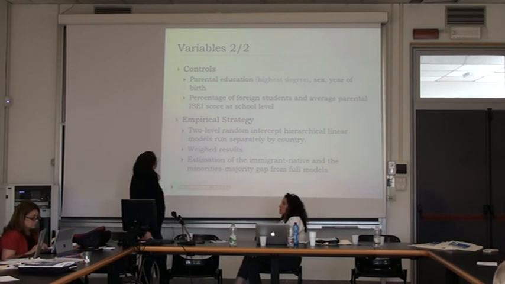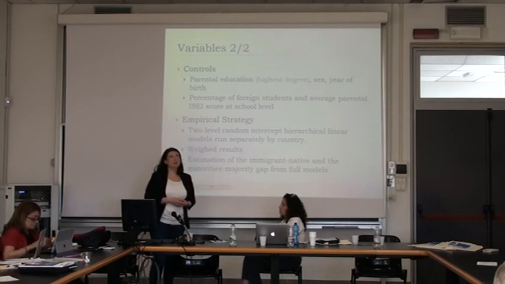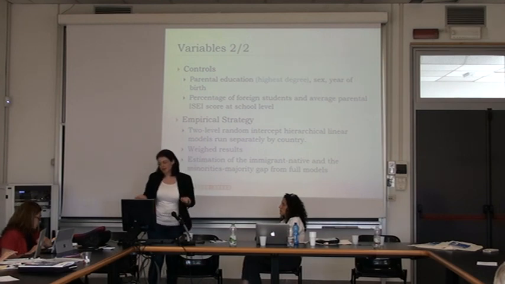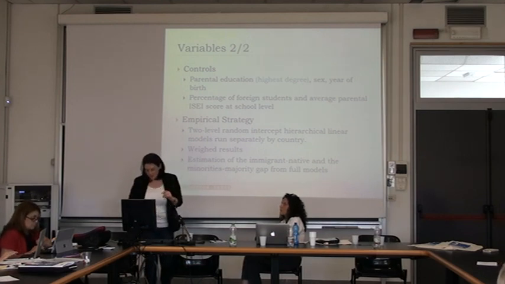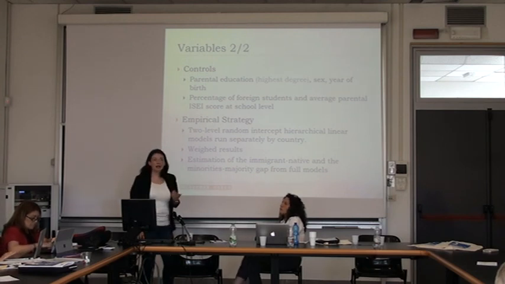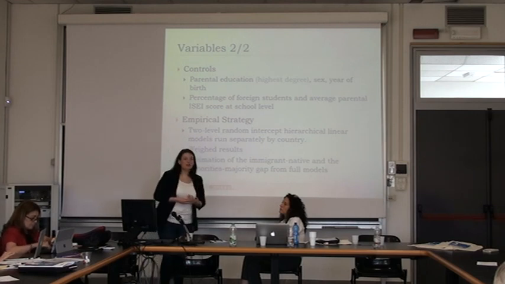As control variables, I use parental education for socioeconomic status, the sex of the student, and the year of birth. This is because they sample students on the basis of the class. The class was the unit of analysis. The majority of students are between 13 and 14 years old, but there are also some younger and some older students, especially older with respect to migrants. And I also have some variables at the contextual level, which are the percentage of foreign students and the percentage of,